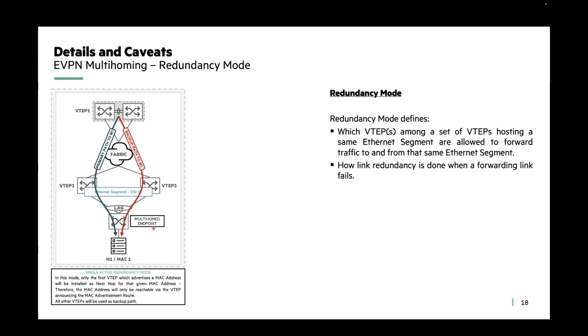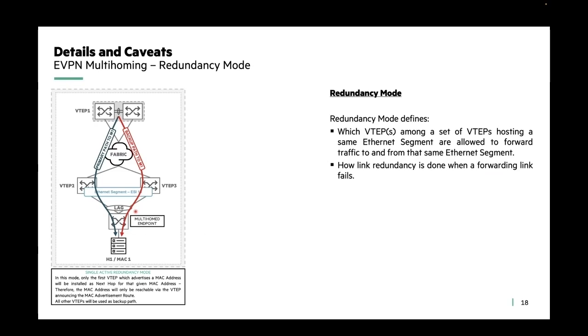In this mode, only the first VTEP, which advertises a MAC address, will be used as a next hop by other VTEPs to reach that MAC address. Other VTEPs are used as backup paths, as you can see on the slide, for that same MAC address and become active only when the primary VTEP has a failure. The important thing to note here is that if there are multiple backup VTEPs, the traffic to the multi-homed endpoint will be clouded, as a remote VTEP will not be able to decide which one must be used in case of a failure